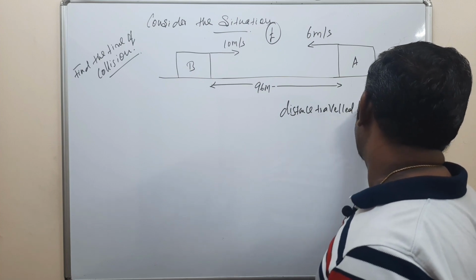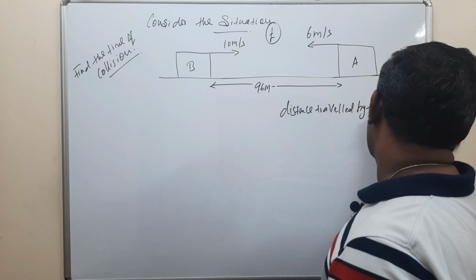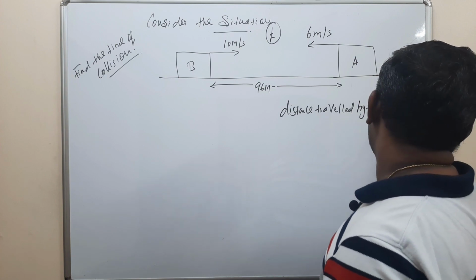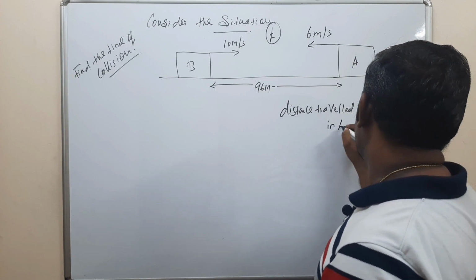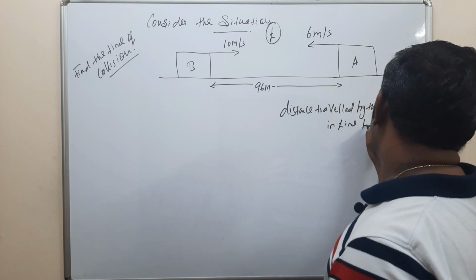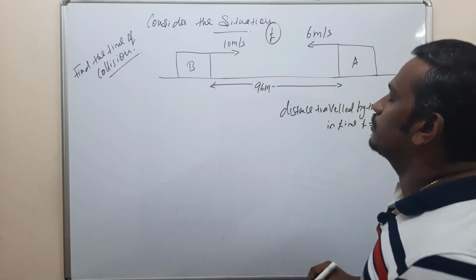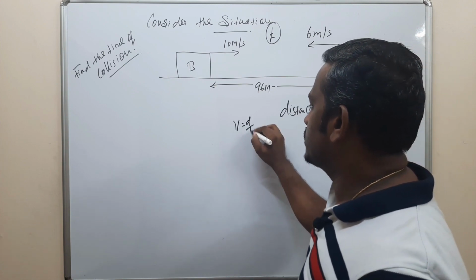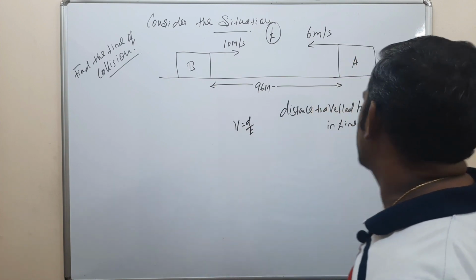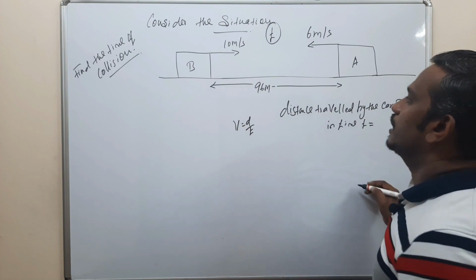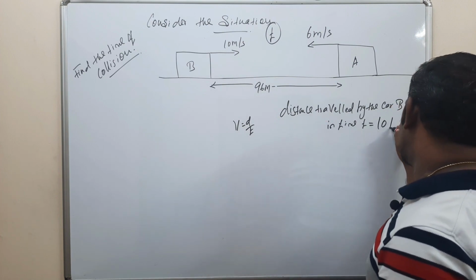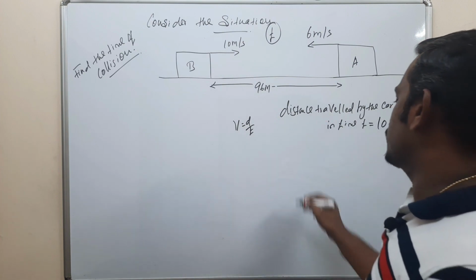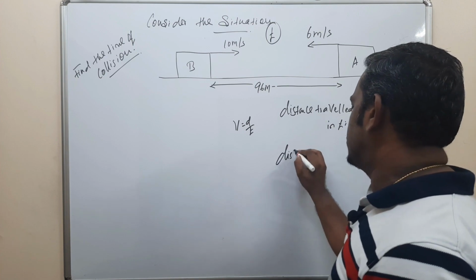Distance traveled by the car B in time t is equal to, that is, velocity is equal to distance by time, so distance equals velocity into time. The car is moving with 10 meters per second, that is 10t. Am I right? So similarly, distance